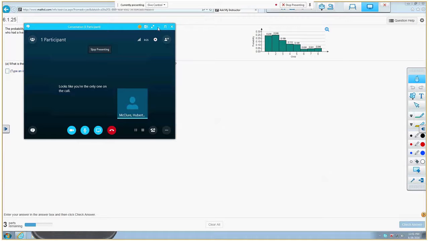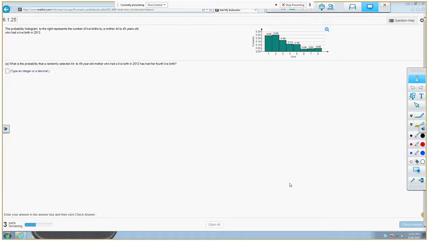All right. Here's the question. So the probability histogram is to the right, and it's about mothers. It's about a mother, 44 to 49 years old, who had a live birth in 2012. Okay, and there's the probabilities. Now,